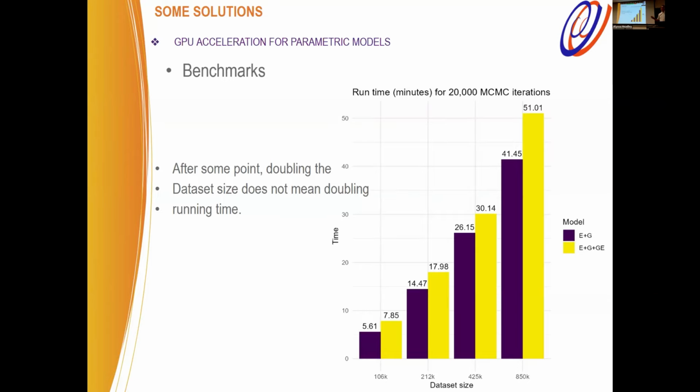Actually, it has a slope of 1.7, so you can keep increasing, but the time is not double the time from the previous set. With 100,000 phenotypes, it takes about 6 minutes to run a model with many effects and interactions, all the way to 850,000, where it took around 40-45 minutes. I think sometimes we can wait, right? Obviously it's not going to be 2 seconds. But still, now we can take advantage of all of the different data points that we have in the models.